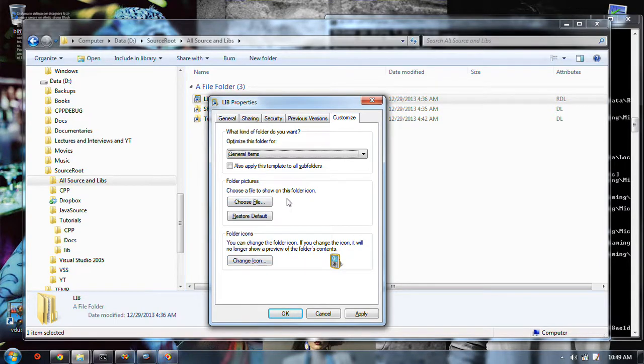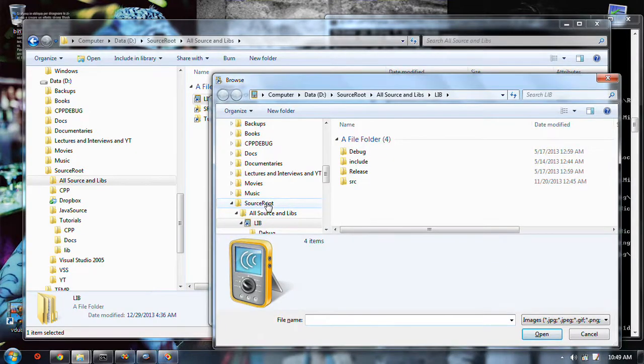Choose a file to show. Oh, folder pick. And this folder. Now I'm really lost. JPEG, PNG, etc. Why? There are lots of pictures.